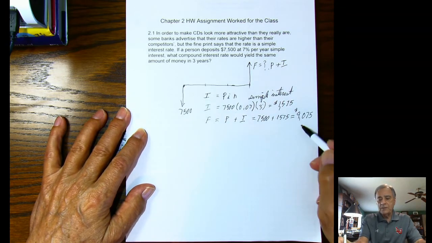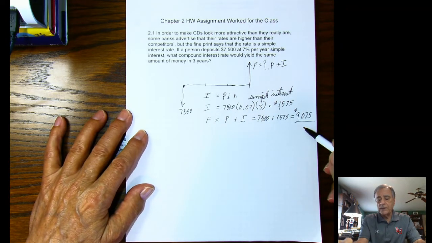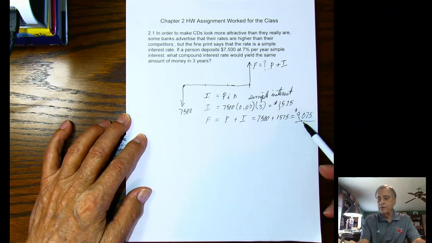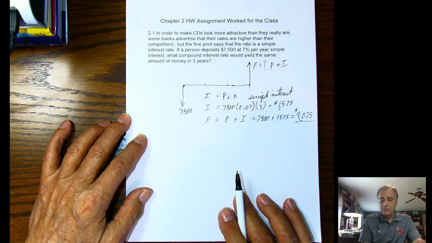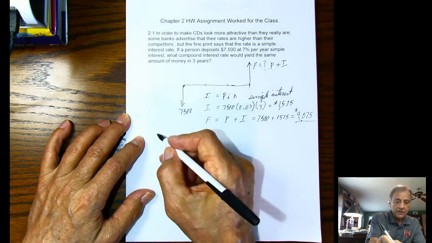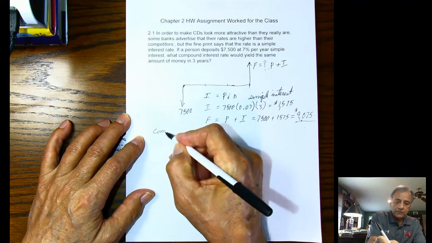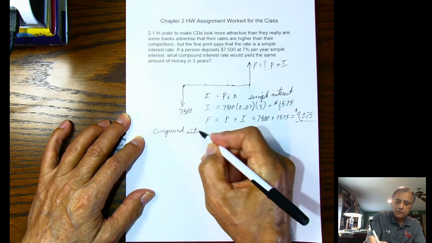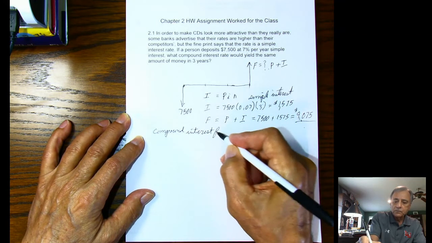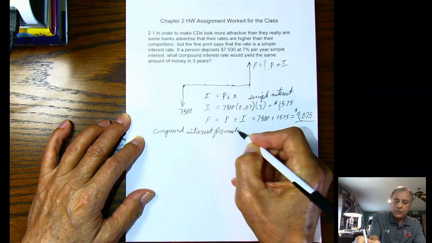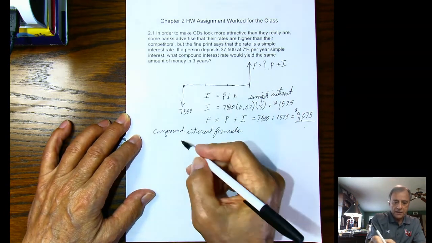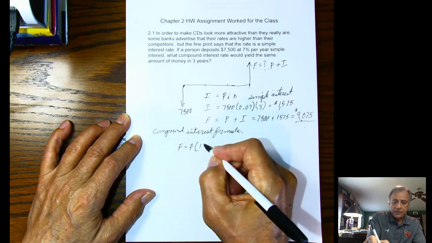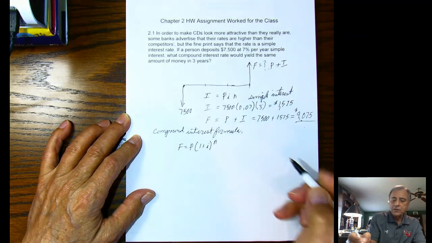So this is how much the future value is. So now the question is, what compound interest would give you that value? So the formula for the compound interest, this is the compound interest formula, the future value F is equal to P times (1 plus i) to the n power,